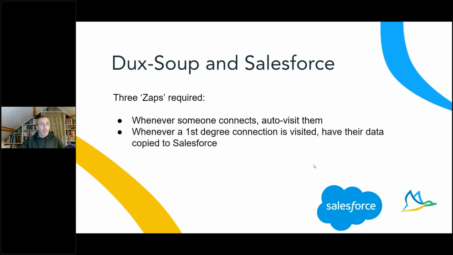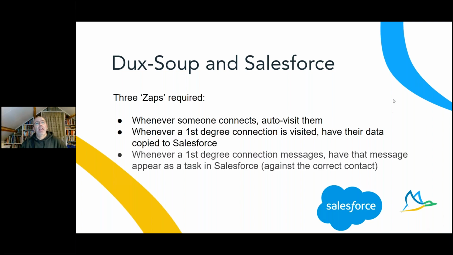Whenever a first-degree connection is visited, we have that data put into Salesforce so that you get your new prospect, your new first-degree connection, or maybe your old first-degree connections who you're auto-visiting, put into Salesforce. And whenever a first-degree connection messages, have that message appear as a task in Salesforce,